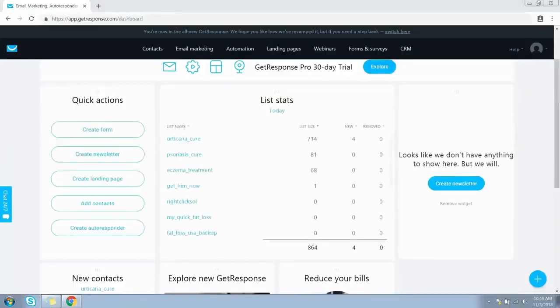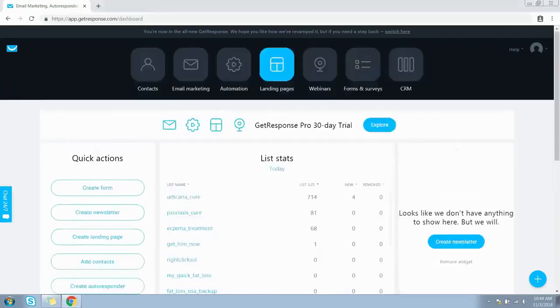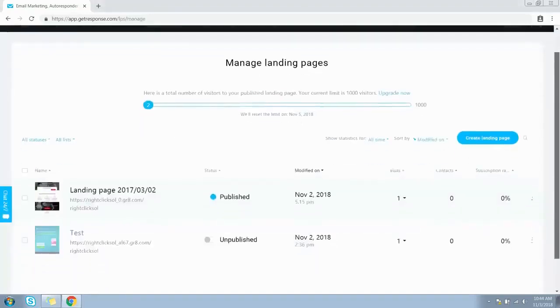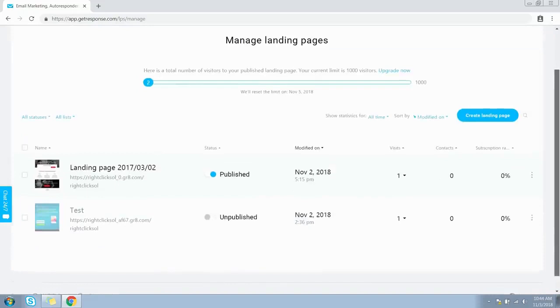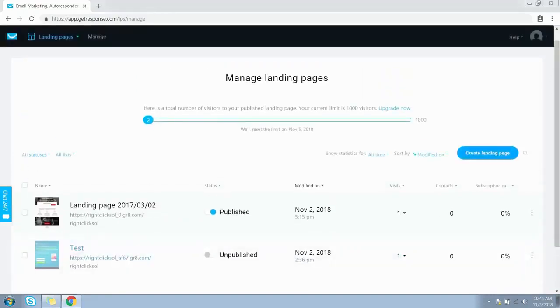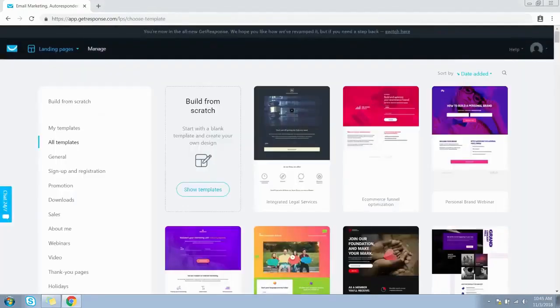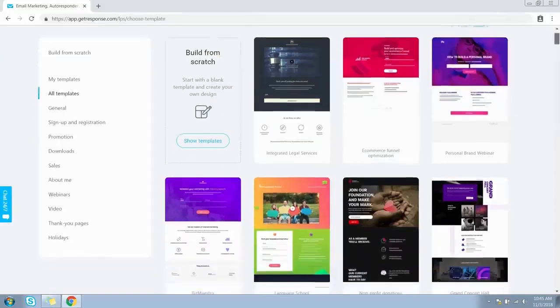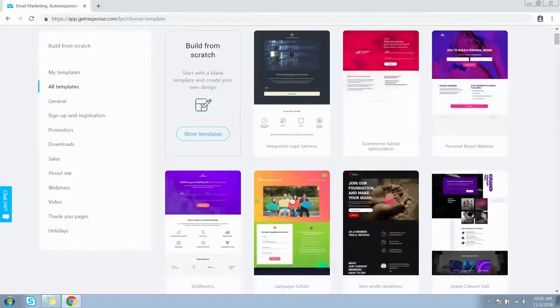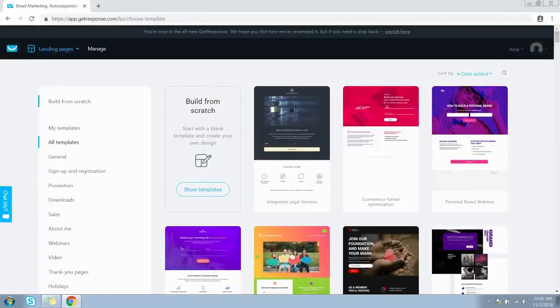Just click on the landing pages link on the menu bar. So here are the couple of landing pages that I've already created. Click on the create landing page button. So now you need to choose the template for your landing page. So from the left hand side, you can browse the templates by category. You can also import your template or design a template from the scratch from this link,